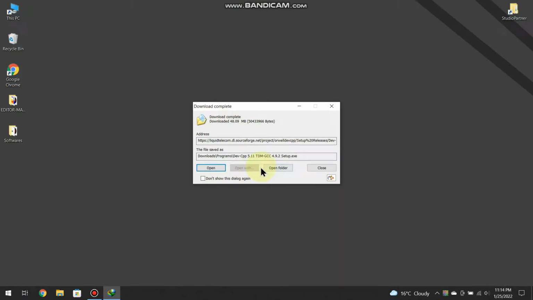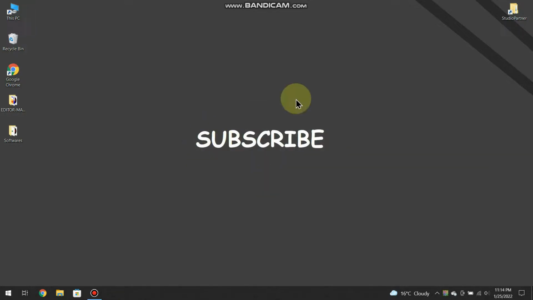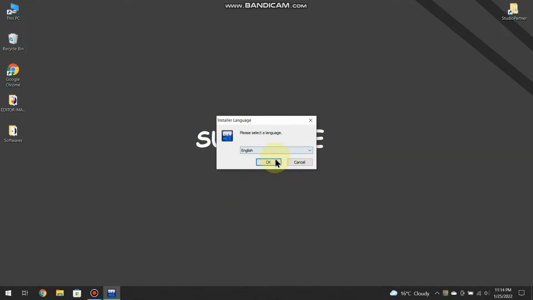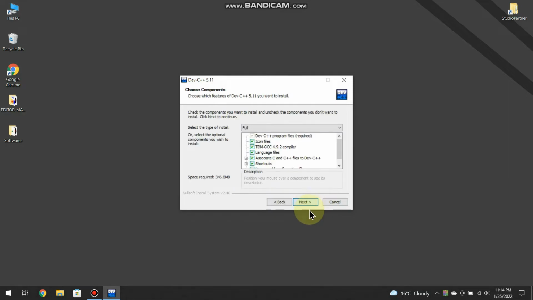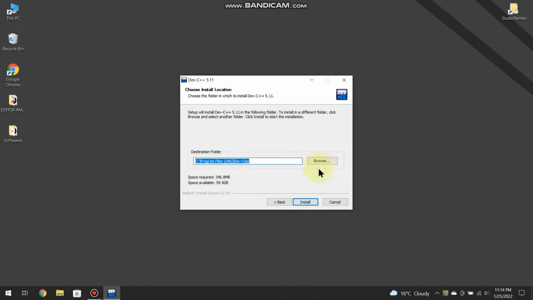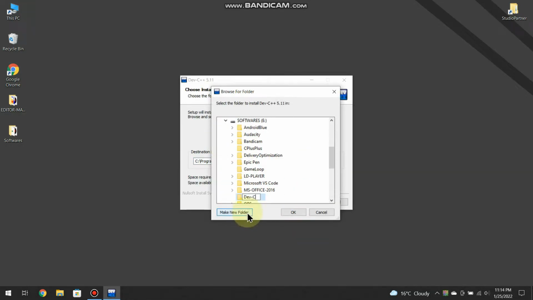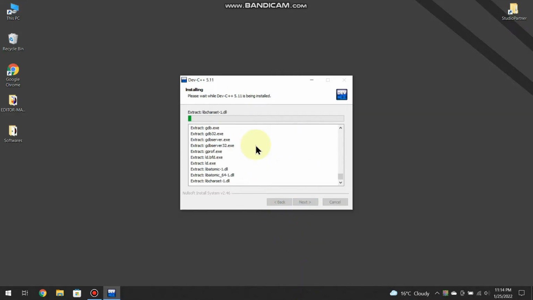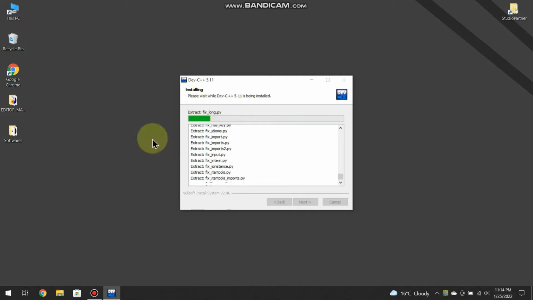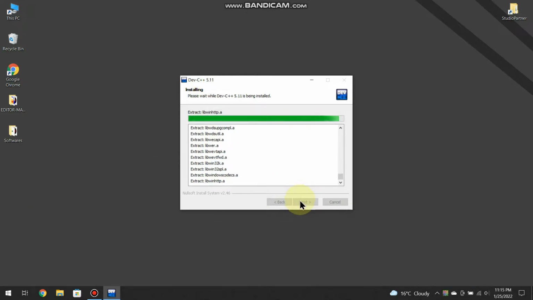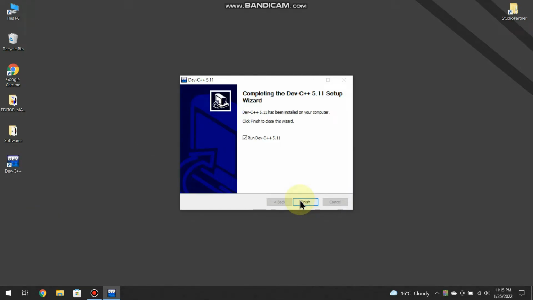After the setup files download, open that setup file. After the setup opens, select your desired language, and I am choosing English. Click on OK and just simply install this setup. I am changing the location but you can leave it as it is, and then click on next to install this software. We are just installing this IDE to use its compiler for C or C++, and untick Run Dev-C++,